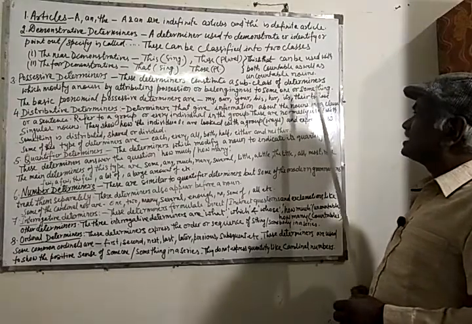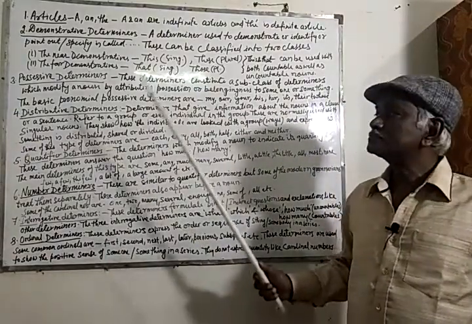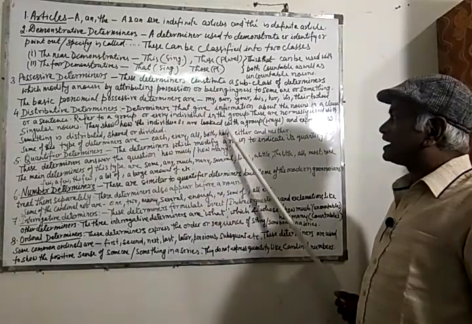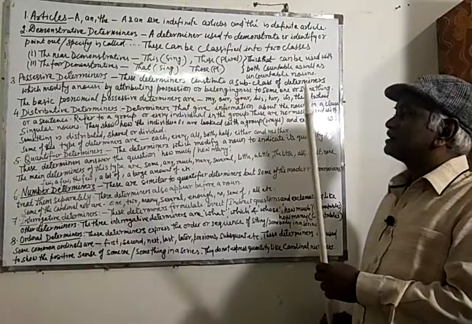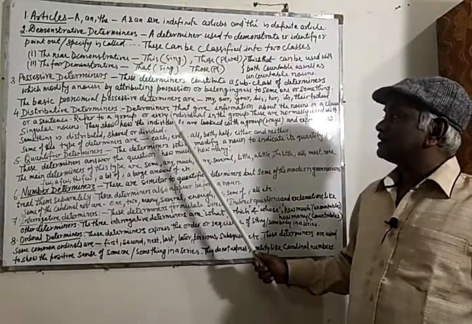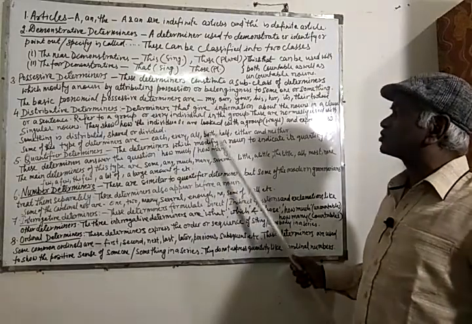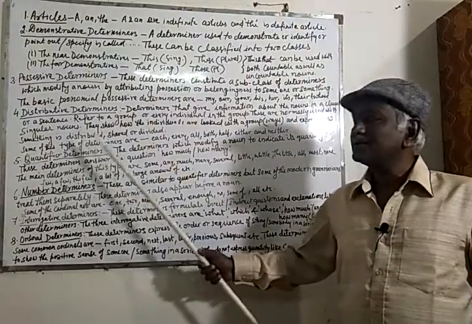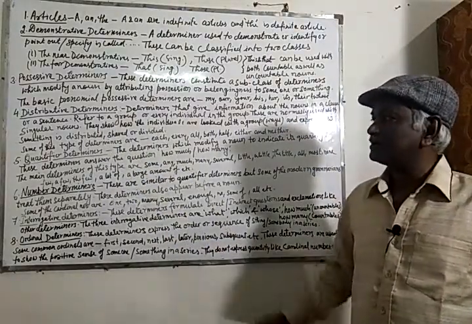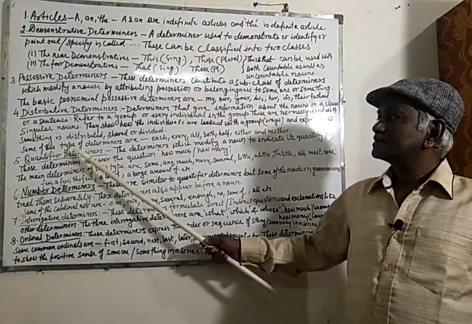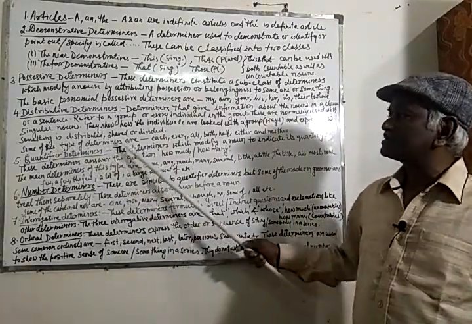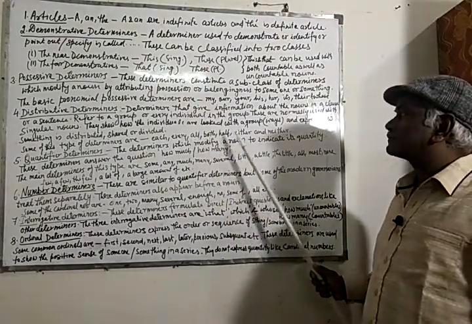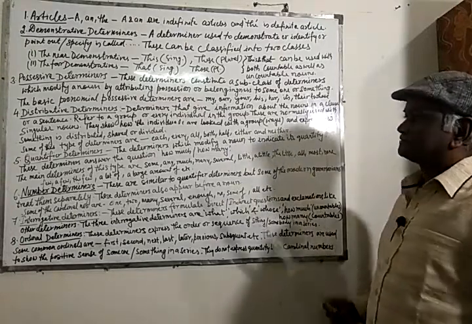These are normally used with singular nouns. They show how the individuals are looked at within a group. That means they show the ways in which the individuals are looked at within a group and express how something is distributed, shared, or divided. Some of this type of determiners are each, every, all, both, half, either, and neither.